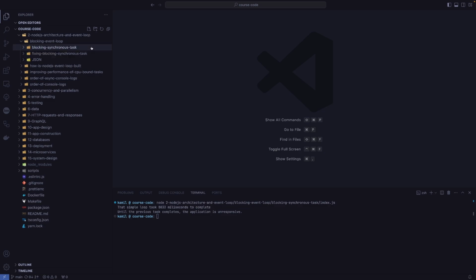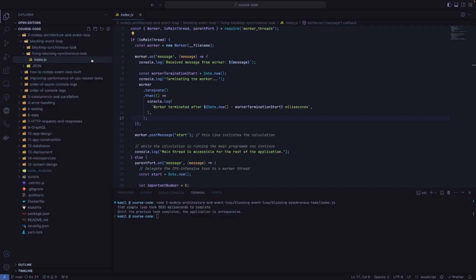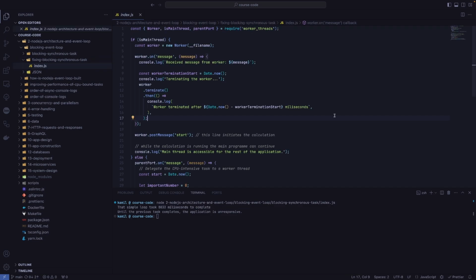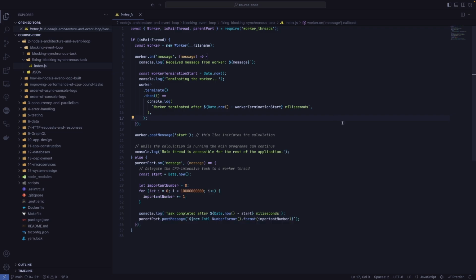Now, how would we fix that example? From the previous lecture, you'll remember worker threads, and this is exactly what I will use in this case. So just as previously, we've got the file split into two sections, the main thread section and the separate thread section. In the main thread section, we will initiate a new worker, and then I'll send a simple